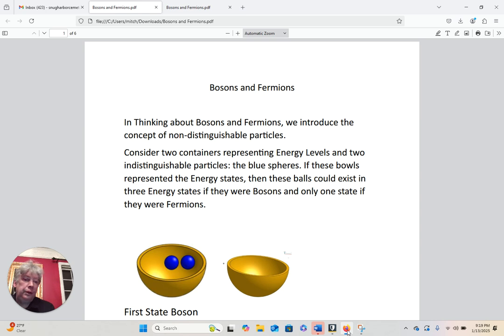Then we can take two particles, and we can consider that these two blue spheres here are the two particles. Now, in the case of bosons, they can exist in the same energy state. So there are three possibilities for where they're going to exist. Both balls can exist in the first container,